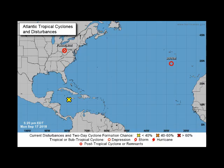You can see the remnants of Joyce. Well, it's a tropical depression right now, but it's winding down quickly near the Azores. We have the Invest, which is the former Tropical Storm Isaac near Jamaica. None of the models are really developing this very much. The only model that really tries to develop this a little bit is the HWRF model in the northeastern Gulf of Mexico. None of the other global models are indicating this is going to regenerate. So we'll keep an eye on it, but it doesn't look like it's going to be any kind of a